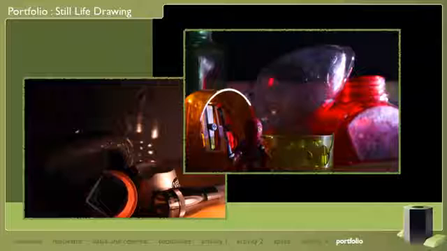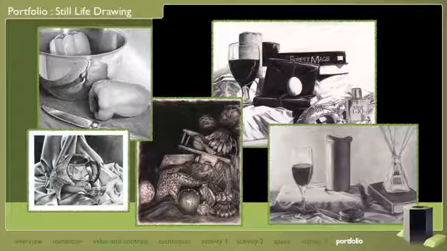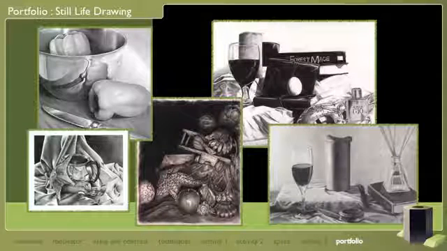Notice the way light and dark areas help us to see the objects as three-dimensional forms. Take your time with this drawing as it demands slow and patient work and depends on the opposition of dark and light values. You can use any type of value-building technique to complete this piece. Here are some examples of finished portfolio pieces.